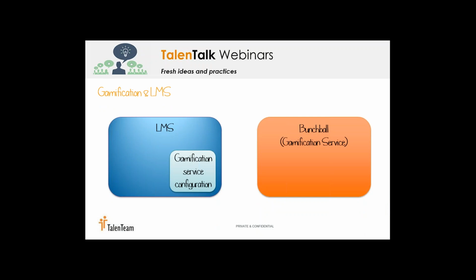How it works is we will set the necessary configurations within the LMS. And once we've set up our integration and our settings in the LMS, we can then start interacting between the two different systems. So an LMS event occurs, for example, completing a course. That goes to Bunchable, and based on course-specific gamification strategy, Bunchable will then feed back into the LMS the user achievement. For example, I complete one course in the LMS, that feeds into Bunchable, Bunchable processes that as a particular badge that you have defined, that badge is then fed back into the LMS, and that is then displayed on your gamification profile.